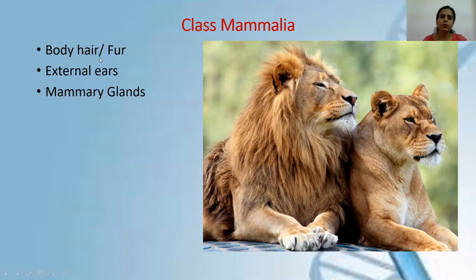For example, if we talk about polar bear, they're mammals, they live in such a cold region or cold place, so they require thick fur around their body, isn't it, in order to store or maintain their internal body temperature. And we human beings or other mammals like tiger, lion, rabbits and all, we all have body hair. Okay, so one of the very important characteristic features of class Mammalia is the entire body is covered with hair